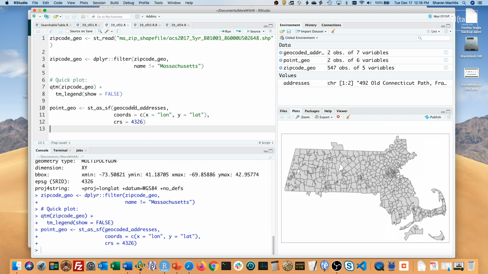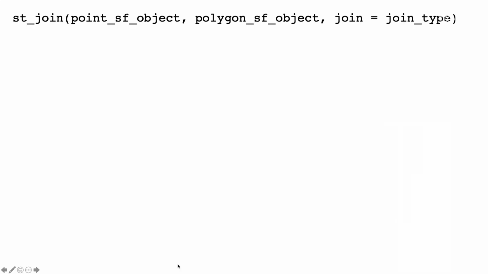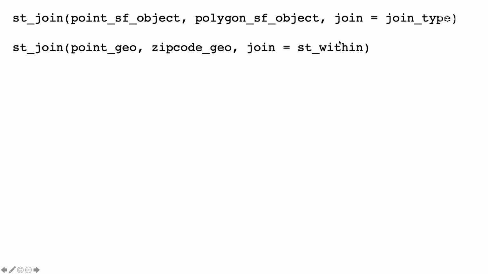Now that I've set up my two data sets, calculating the zip code for each address is super easy. I just use sf's st_join function. That uses this syntax: the point sf object, the polygon sf object, and the type of join. In this case, I'm running st_join on the geocoded points first, the zip code polygon second, and my type of join is st_within.